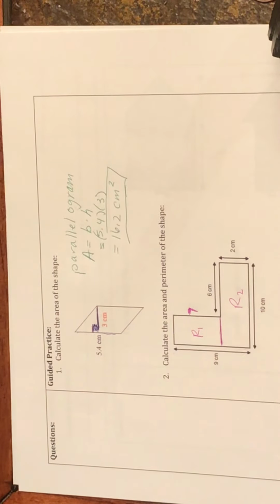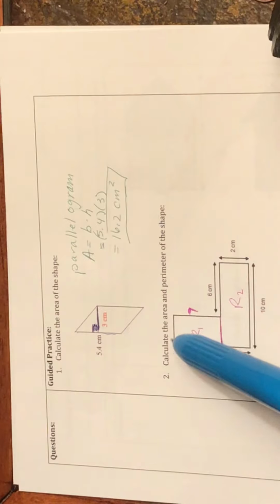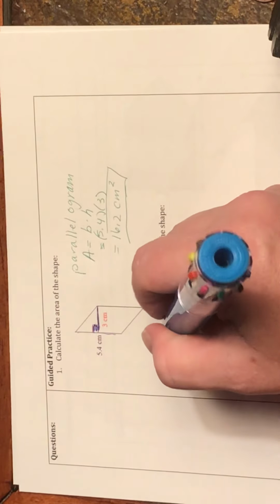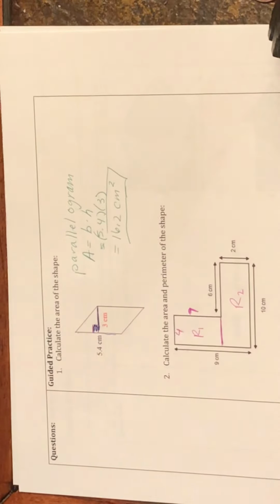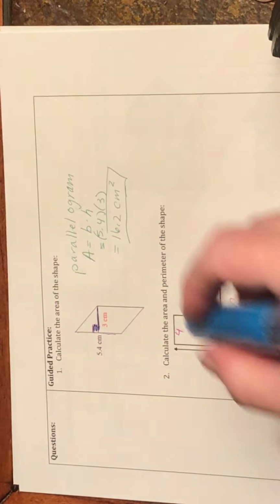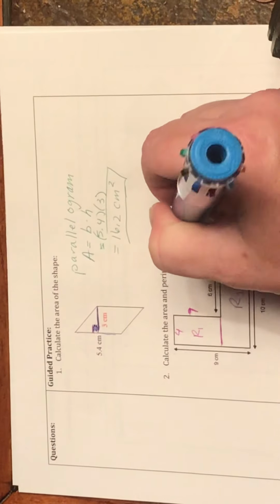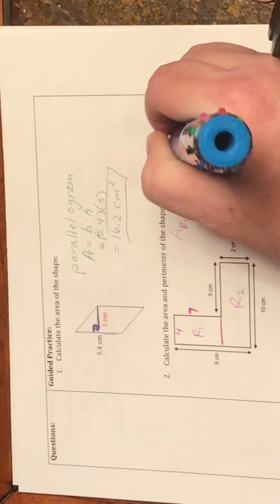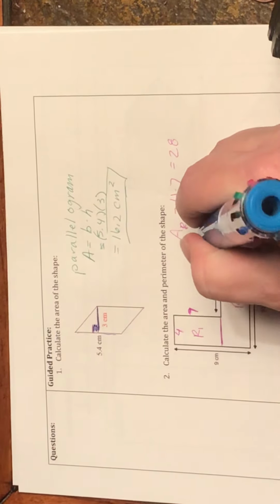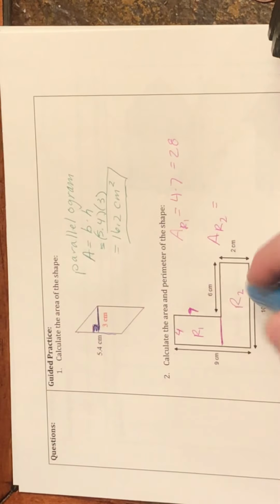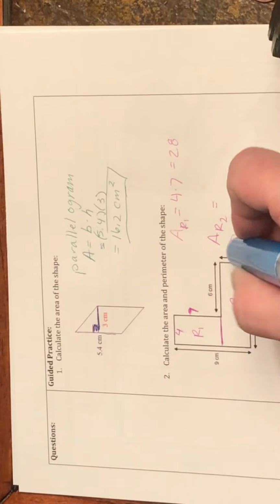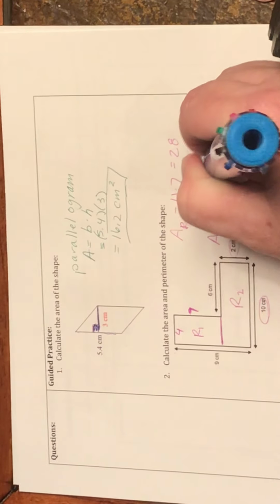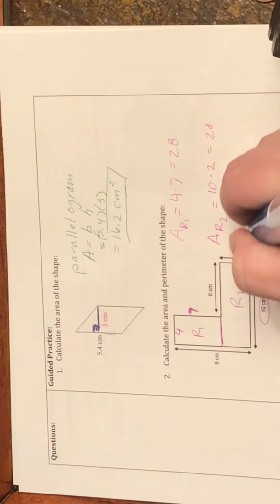And then for the top of rectangle 1, the very, very bottom is 10, right here. This is 10. And this piece is 6, so that makes this piece 4. So now I can say that the area of rectangle 1 is 4 times 7, which is 28. And then the area of rectangle 2 is 10 times 2, which is 20. So the total area,